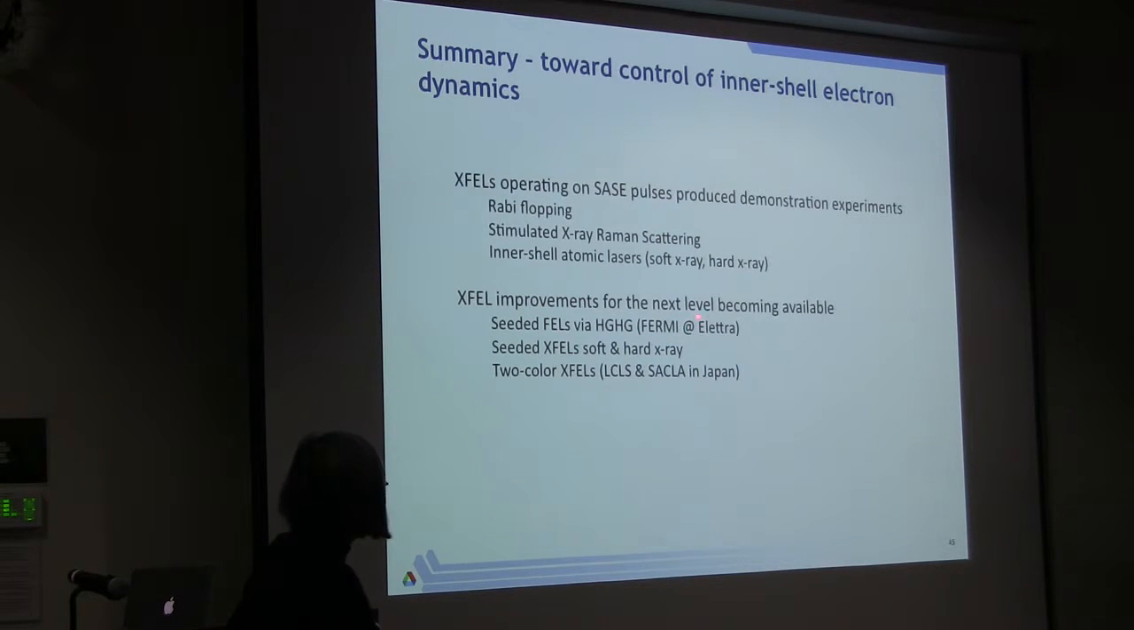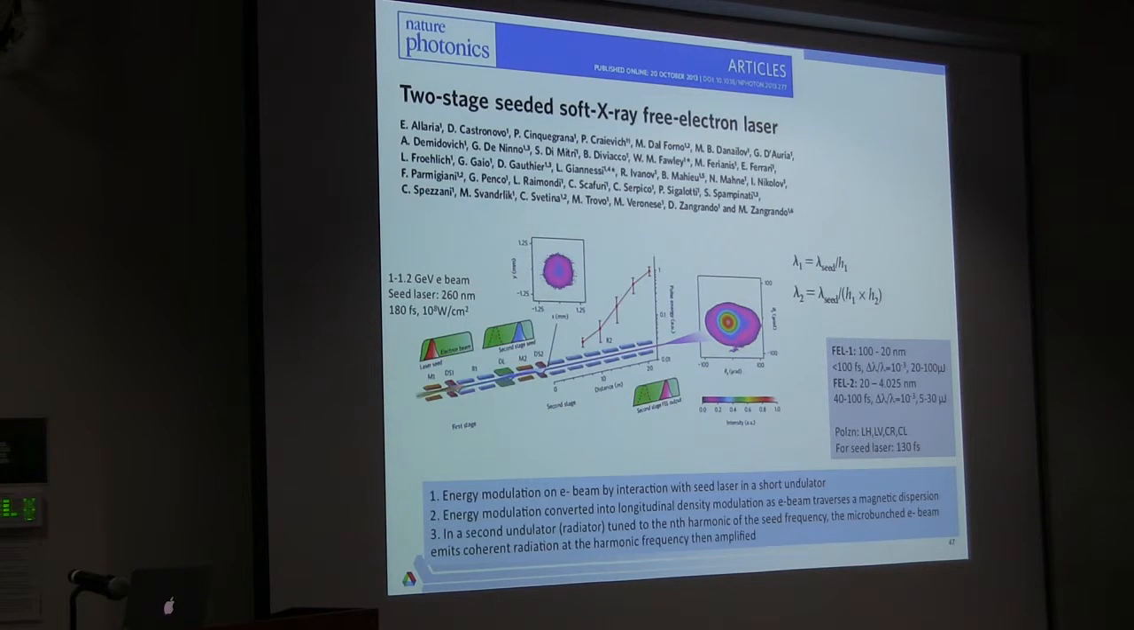And these XFEL improvements for the next level are becoming available. There are these seeded XFELs using HGHG, which I mentioned. This I would have to say is very cool, because this one actually starts with a laser seed at like 260 nanometers or so and builds it up. And you can get out to about 4 nanometers, which is the carbon edge, and you actually get two, I think I may have a slide on this, maybe I'll show this to you. You actually get 2 wavelengths